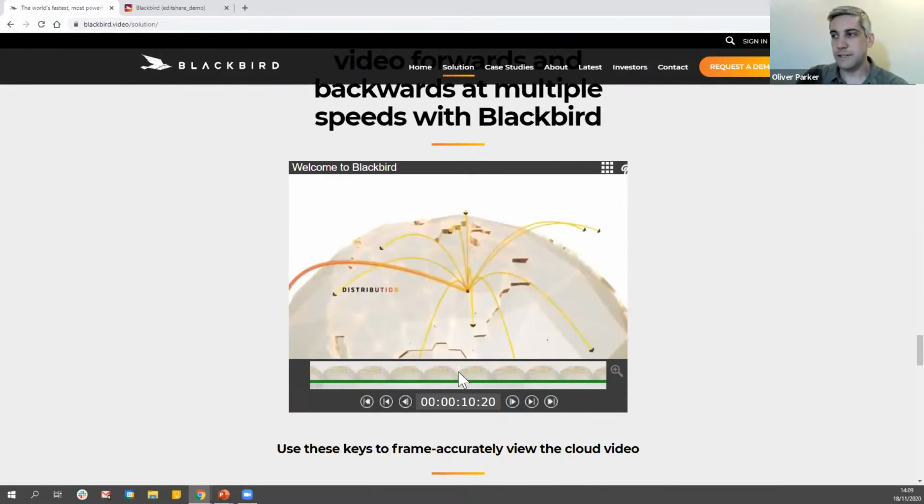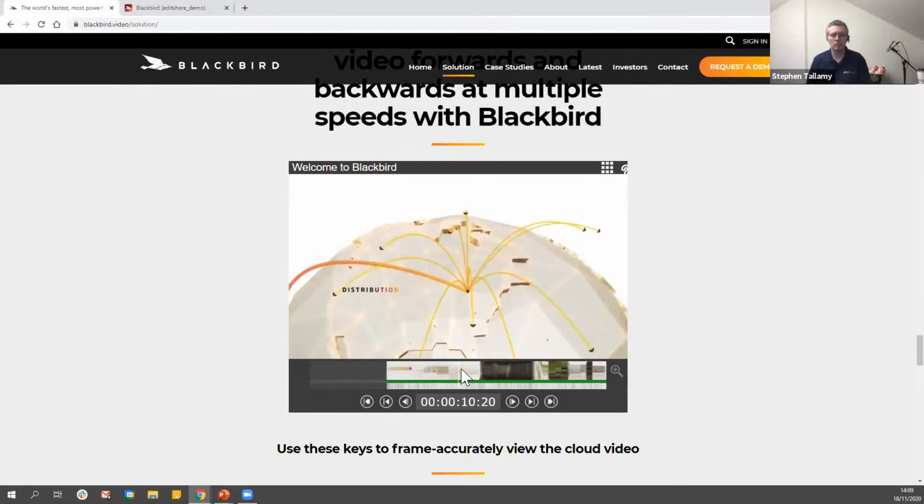And if I zoom in here, actually, you can see every single frame of video. And so this kind of navigation is a great starting point to understand what we're doing here, because all of that is actually technically impossible with any other kind of browser-based technology. And that is completely unique to Blackbird. And it's that tech that allows us to do what we do in that browser interface and provide the kind of workflows that we're talking about today.